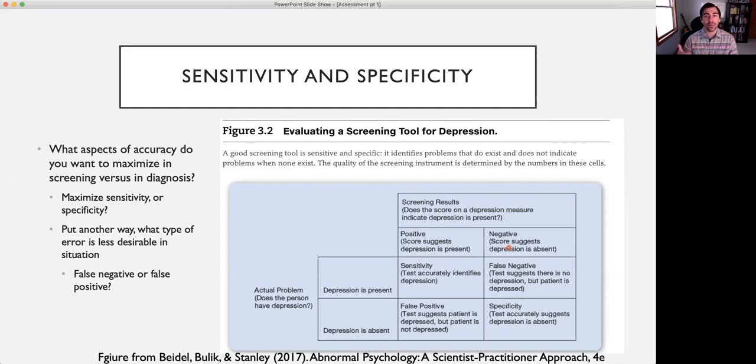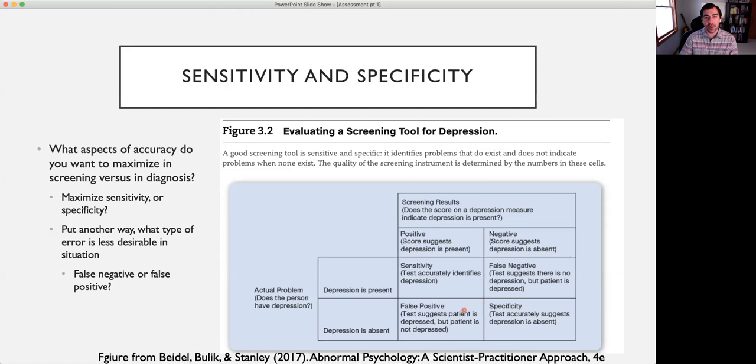But again, we need to go through a process of testing out that question, of finding the best cut point, finding the best threshold. And through research, they found that 3 was the best score for differentiating people who are depressed versus people who are not, or likely depressed versus likely not depressed. So hopefully you understand that there's a cycle that needs to play through the research process to get to what we saw with the PHQ and the GAD-7, where they had thresholds that are identified as being the best ones that we use.